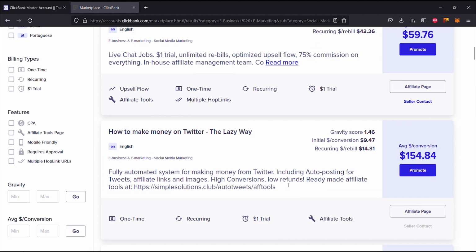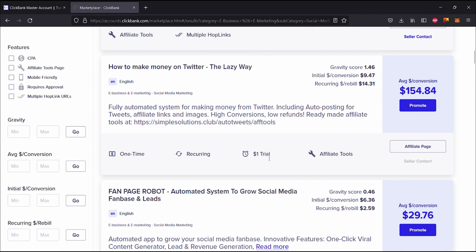Make money on Twitter the lazy way. So there's another one. So this one says make money on Twitter the lazy way. And the description reads here, again, this is only available in English. It reads, fully automated system for making money from Twitter, including auto posting for tweets, affiliate links and images, high conversions, low refunds, ready-made affiliate